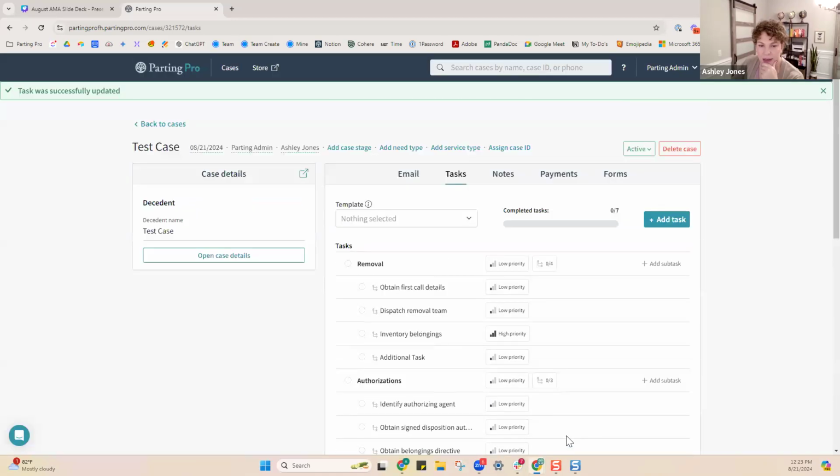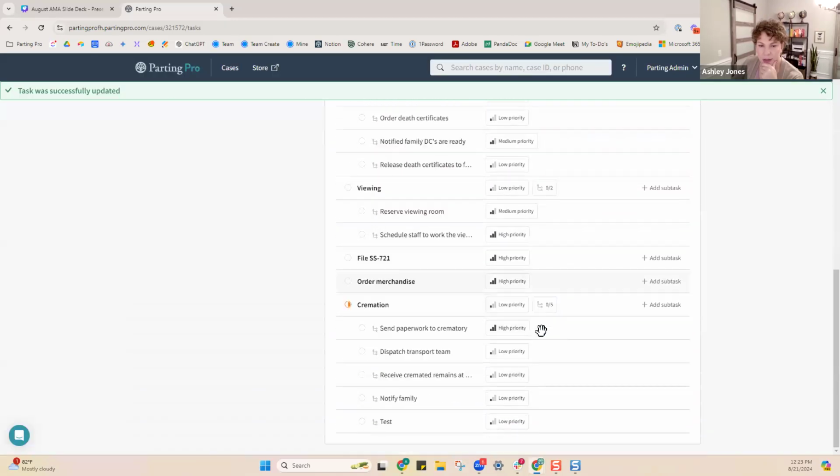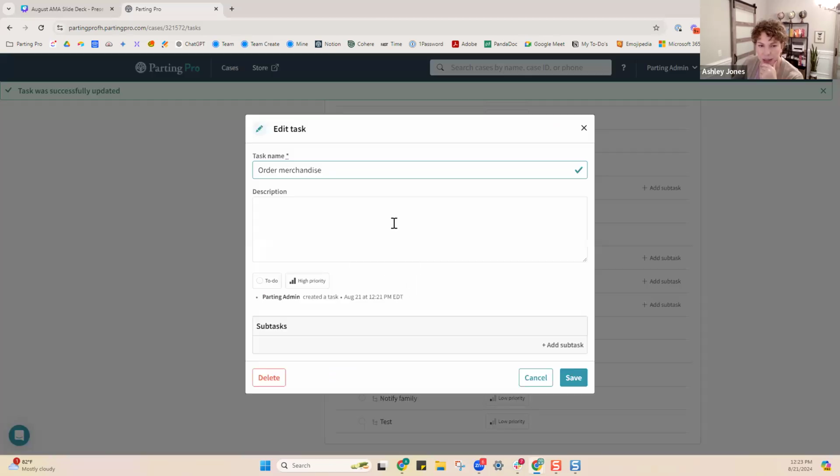Now, one thing I think can be helpful, and it's kind of getting into those notes again, but for example, on merchandise, if you have certain things that you're doing with merchandise, so ordering from certain vendors or some things that need to be noted, like the thing that comes to mind is if you've got multiple vendors and you always have to email one and you always have to call the other, you could say for XYZ vendor, remember, we have to email. For ABC vendor,